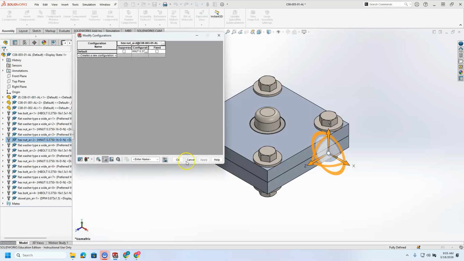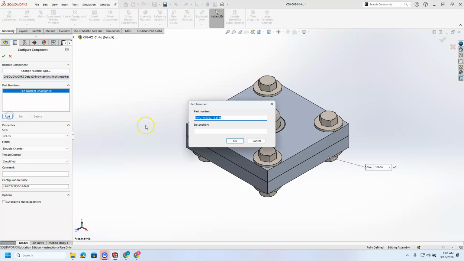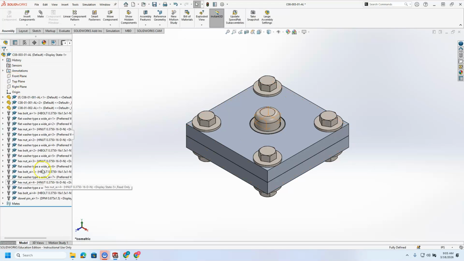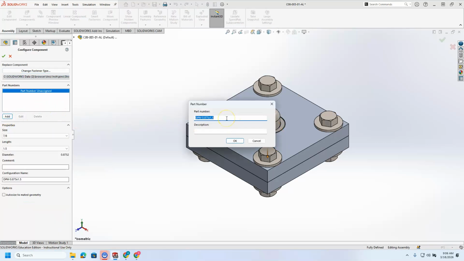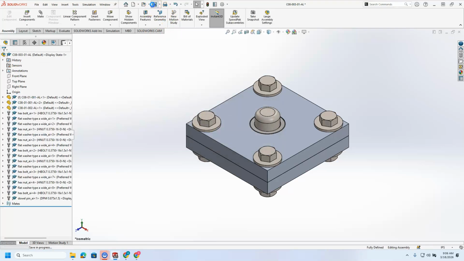So configure component, or not configure component, edit toolbox component, add a part number, copy, paste, replace this with standard, OK, and then the dowel pin. Add, copy, paste, standard. OK, I'll select OK, save this whole thing,